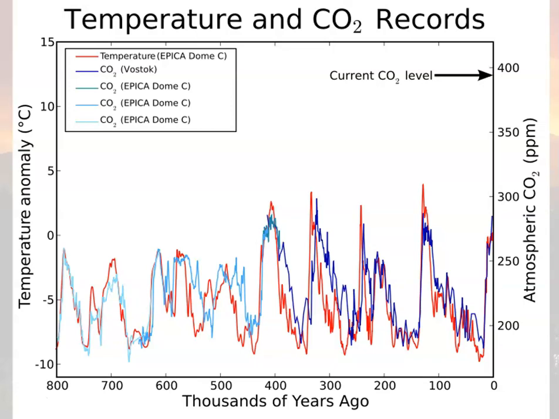So the main point on the graph is, notice that time increases going toward the right, where 0, which is right now, is today, and we're talking about thousands of years ago going toward the left. In red shows the temperature, and blue shows the amount of CO2. And generally speaking, what you see are spikes in temperature before you have spikes in CO2. This graph, ironically,